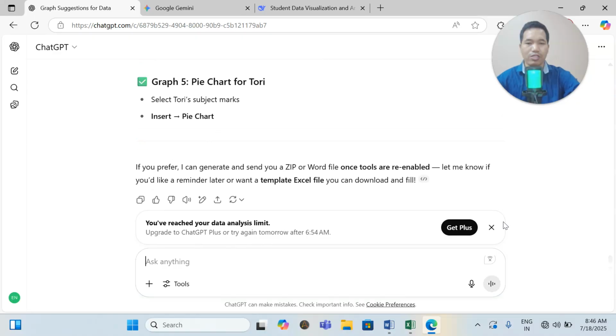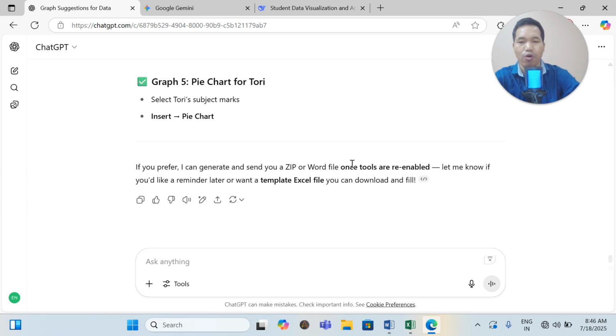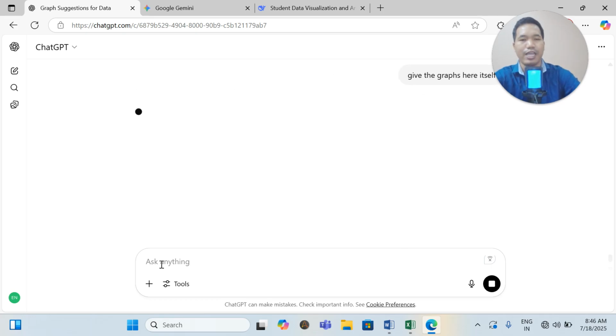So these are the things, since my run is going on. They ask whether you prefer that I generate and send you a zip or Word file, and tools and everything. They are asking because they want to be more specific about what you are asking for. Or you can say, generate the graph here itself.